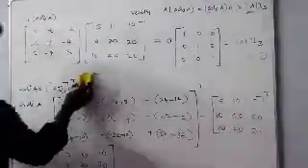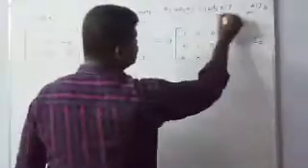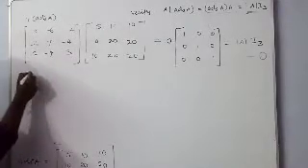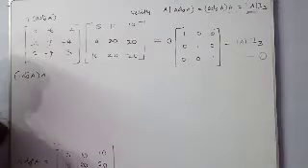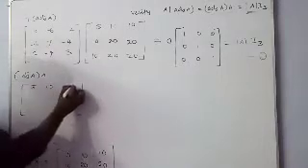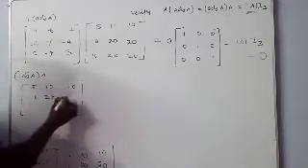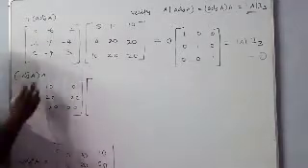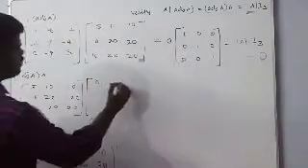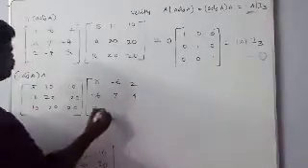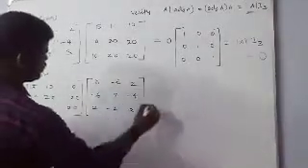Okay, and the result 2. What is the result 2? Adjoint of A into A. We have to interchange these two matrices. Adjoint of A into A. First we can write the adjoint matrix. What is the adjoint matrix? 5 10 10, 10 20 20, 10 20 20. What is the A matrix? Write the A matrix. 8 minus 6 2, minus 6 7 minus 4 and 2 minus 4 3, which is equal to.